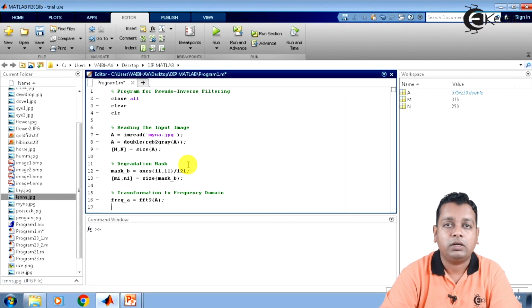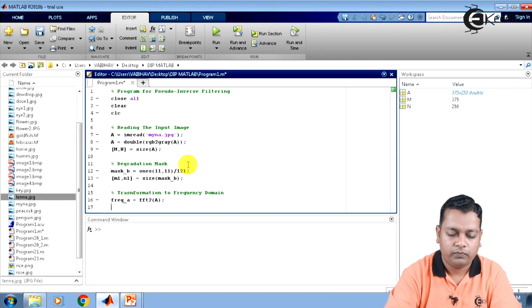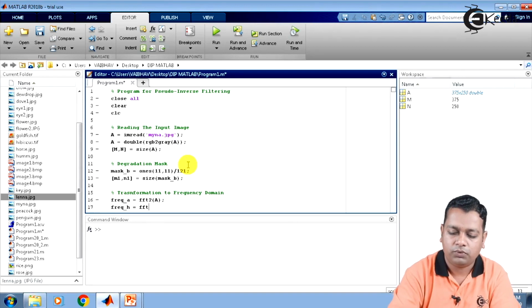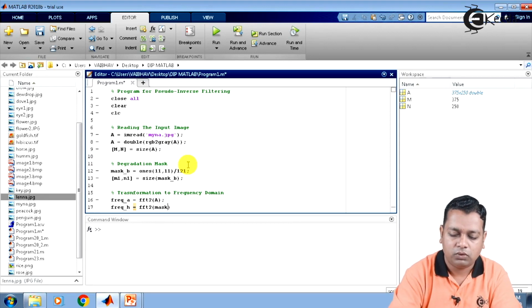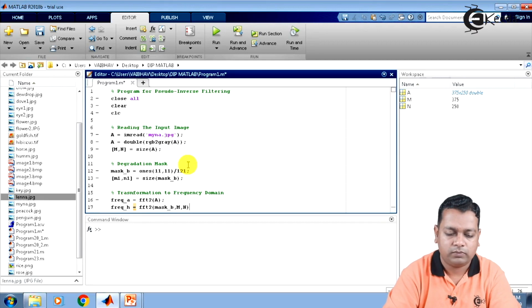Next, for the degradation mask also, we should have a switch from the spatial domain to the frequency domain. Here we use freq_h, the variable, and it is also computed by the use of the fft2 command, operated over mask_b, which we have taken with the same dimensions as the input image.